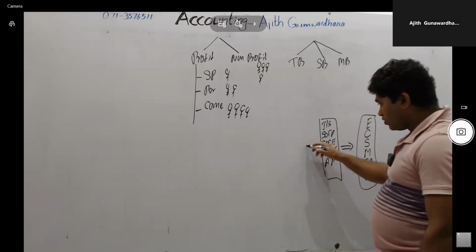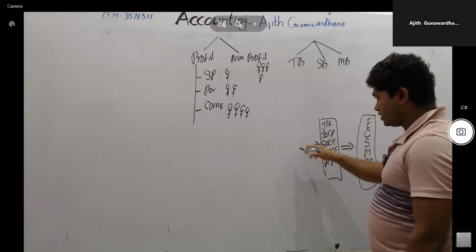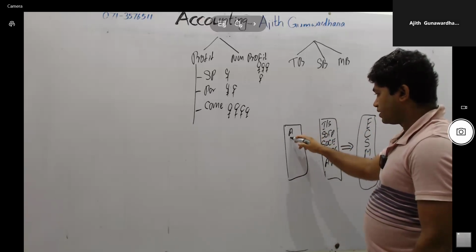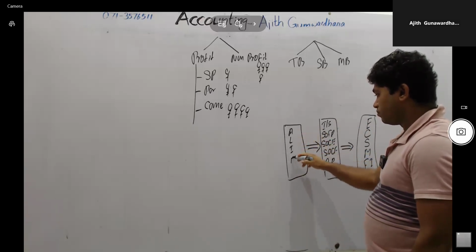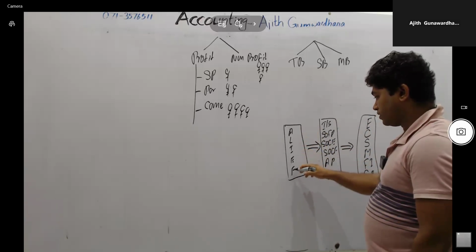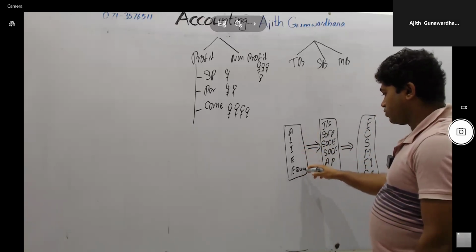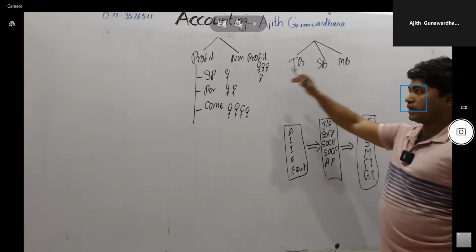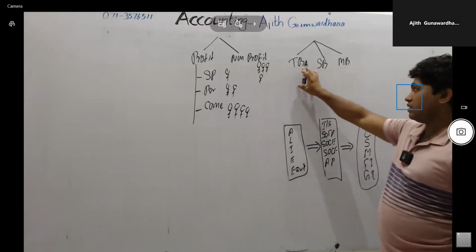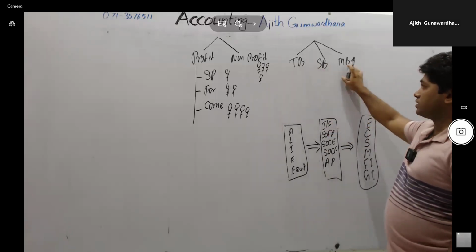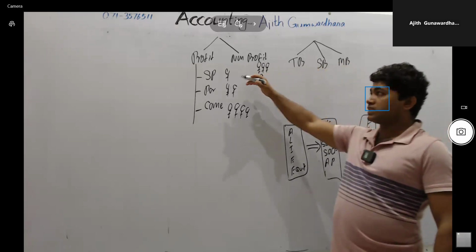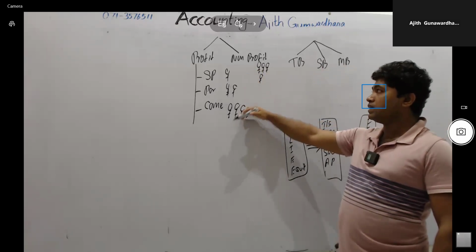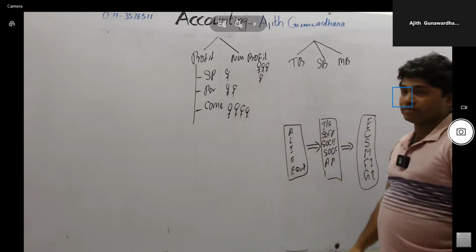Therefore, financial statements include 5 parts: assets, liabilities, income, expenses, as well as equity. This is the way you have to think. We are going to discuss business and organization. Business may be trading, service, or manufacturing, and the organization may be a sole proprietorship, partnership, company, as well as a non-profit organization.